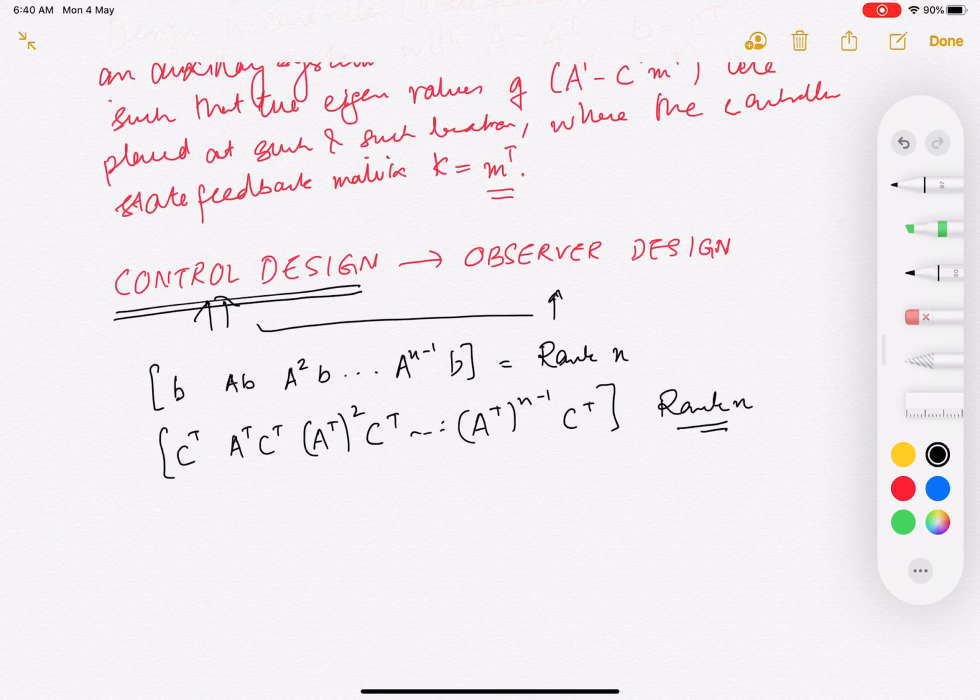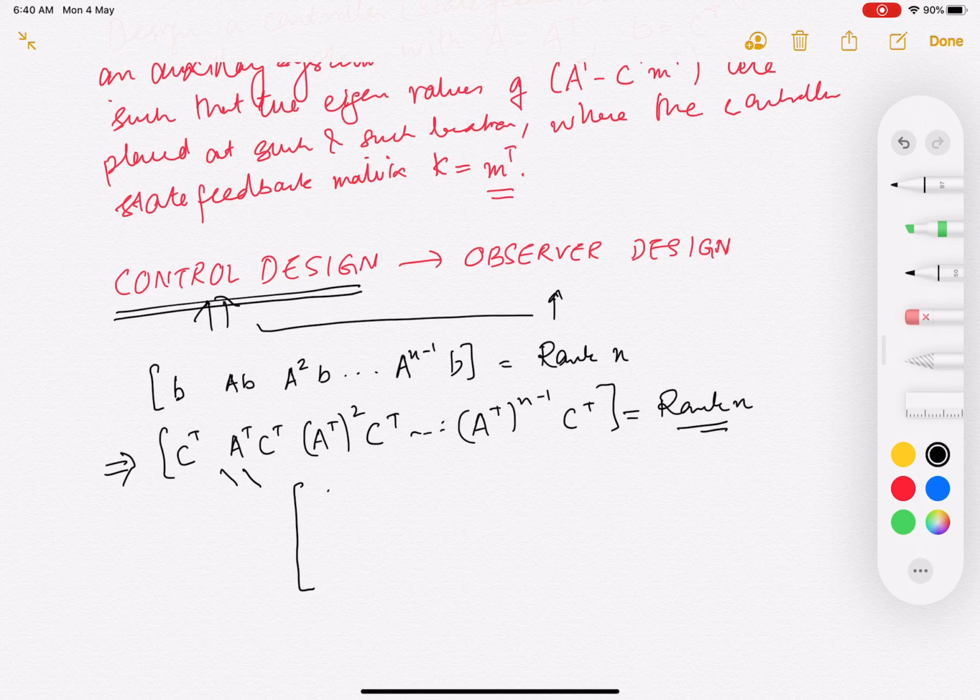And now your dual system has this as the controllability matrix, and this has rank n because the original system is observable. You set out to design the observer for it, so it was observable. And it automatically comes from the fact that the original system has the observability matrix